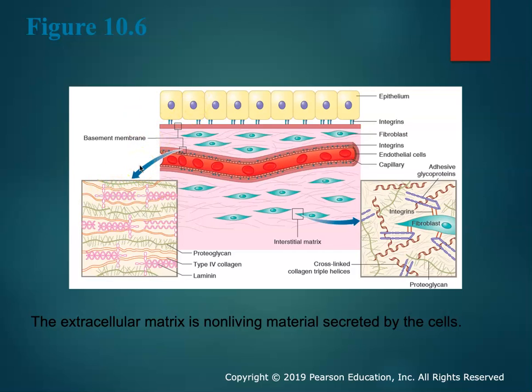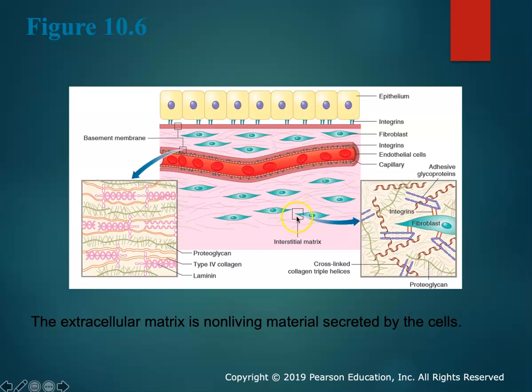If there's a dysfunction in that extracellular matrix, often cells will break away from their tissue and move somewhere else where they don't belong. So that's what this is showing you here. These cells are anchored to what we call the basement membrane, and it's composed of all these different proteins. So the extracellular matrix is a major component in the formation of tissues. And this is now showing you some of the proteins, these integrins and other proteins that are part of the